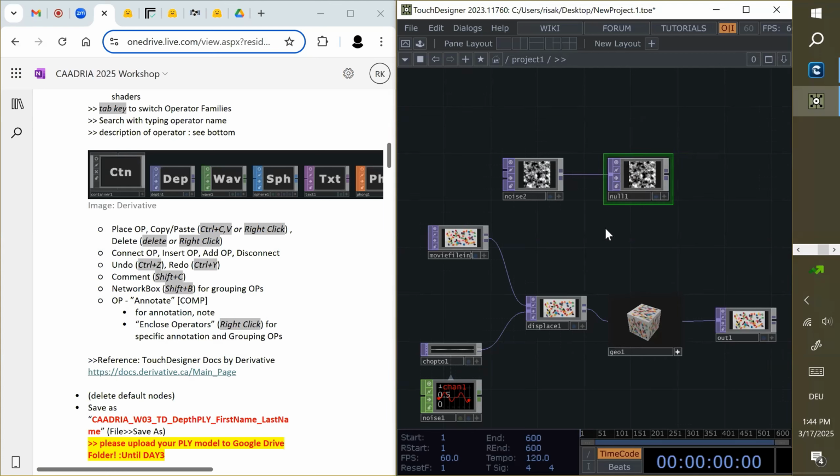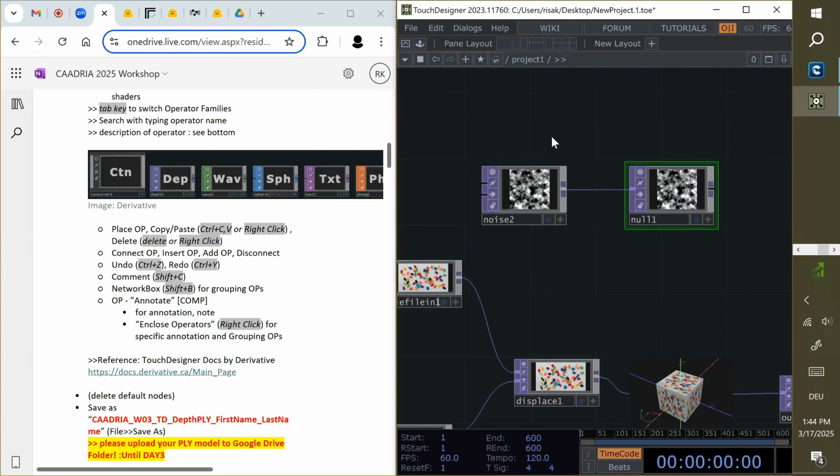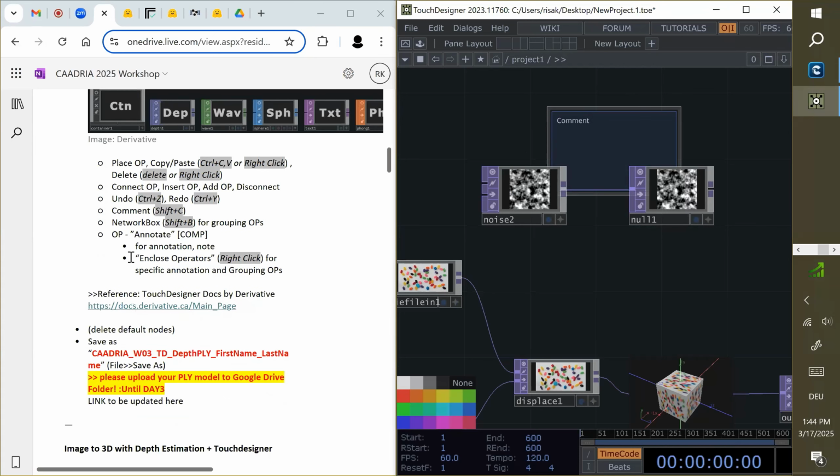And maybe you want to put some notes. So there's a comment. You can put Shift C to call this comment. I go through this here.